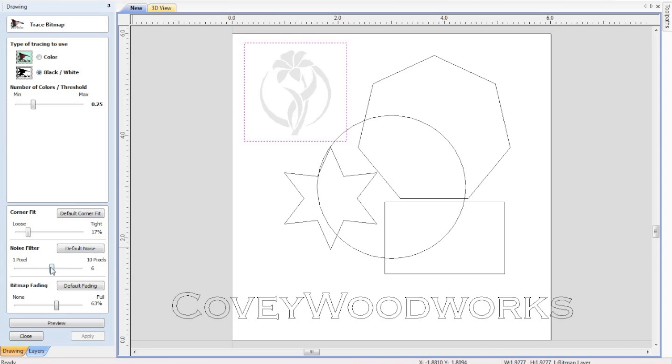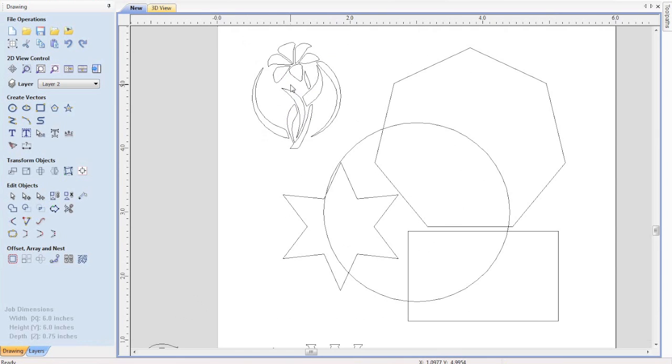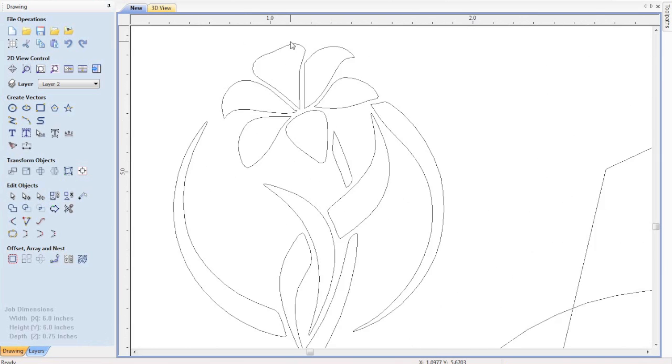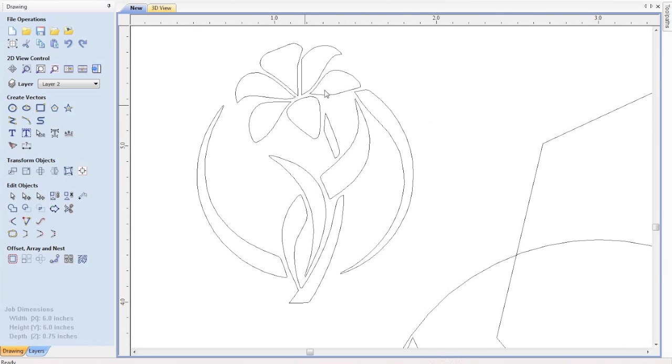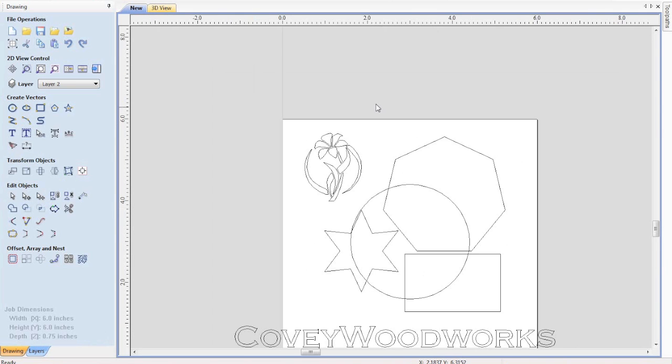So yeah, we're gonna make this 8 pixels, and you can preview it. So you have the nice lines all around. You like it, apply. And now you just basically delete the bitmap, and now you have the curves. So that is a very nice feature, because it takes a lot of work to design all this by hand in here. All right, so the bitmap,